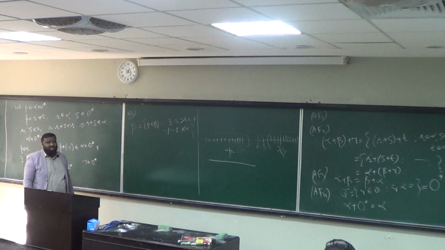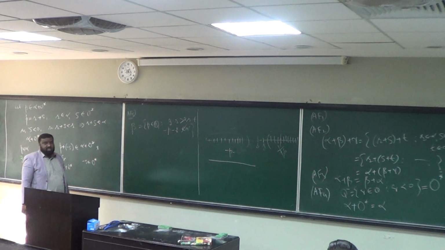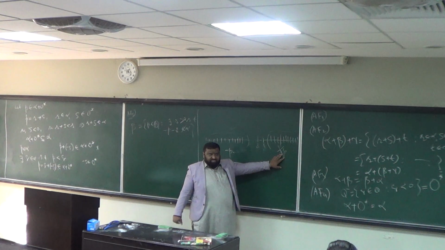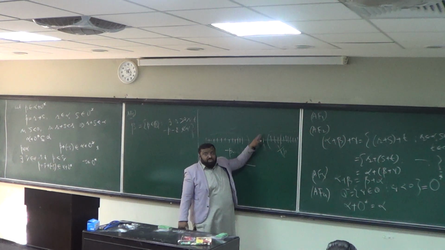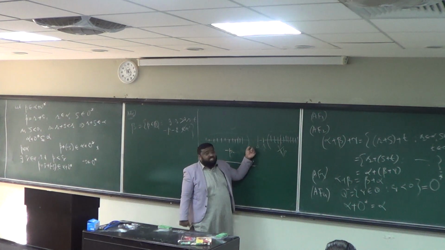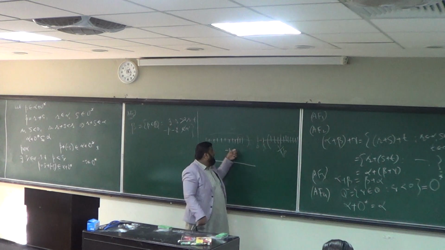So P is independent of the choice. P could be anything. So we saw that if we choose P from here, it's troublemaking. If we choose P from here, it's troublemaking. The only place where it makes sense is if you begin your things from this part and end at basically